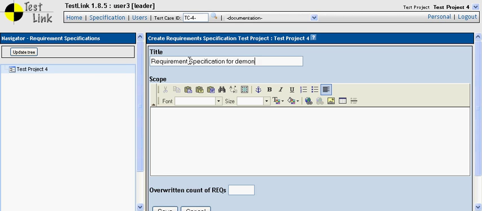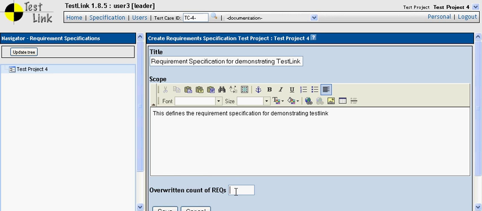and let's say, requirement specification for demonstrating TestLink. We can look at the scope. This defines the requirement specification for demonstrating TestLink, and then this particular parameter tells us the number of requirements that would be there within this specification.